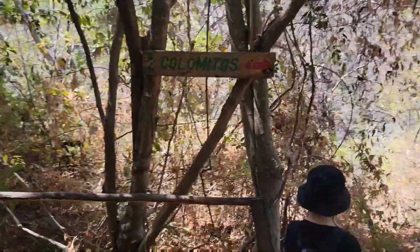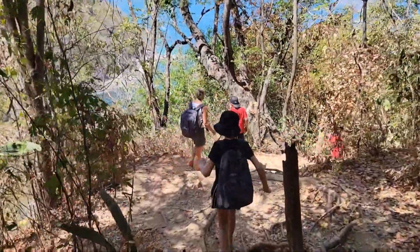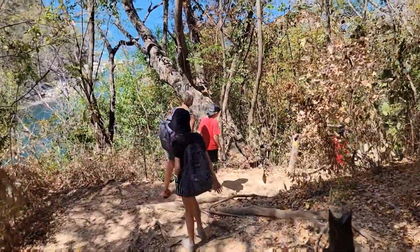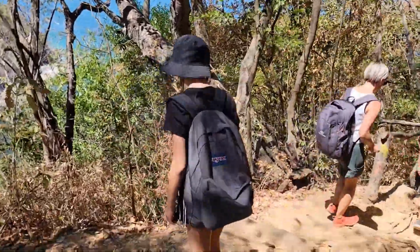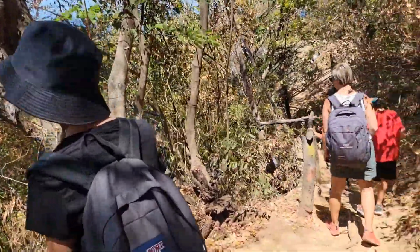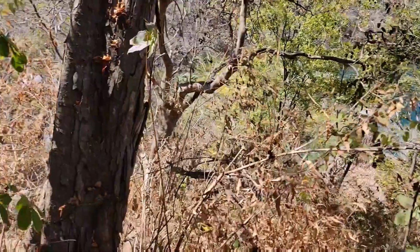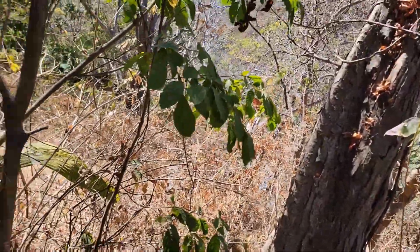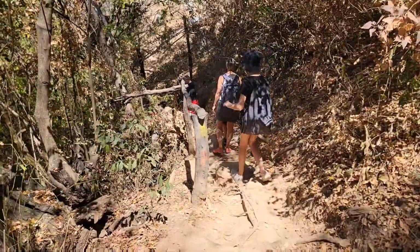We started our final descent down into Colomitos, which is the first beach that we're going to. It drops down pretty fast, pretty decently. And there's like some houses down there. You can see a roof right there. See like a house over there. Probably when we get down to the beach, we'll be able to see them better, but the area is looking